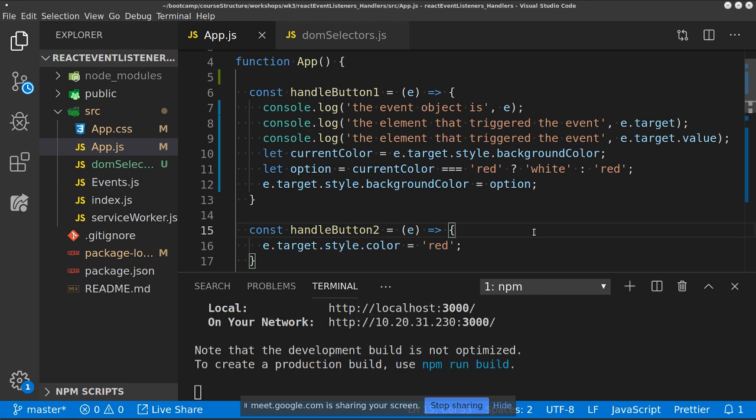Yeah. So we've got the current color, and then we've defined what option we want to do for the new color, and said if it's red, make it white, and if it wasn't red, so if there's any other color, then change it into red. And then we actually change that by appending a style, and let's see if it works. I'm doubtful, but